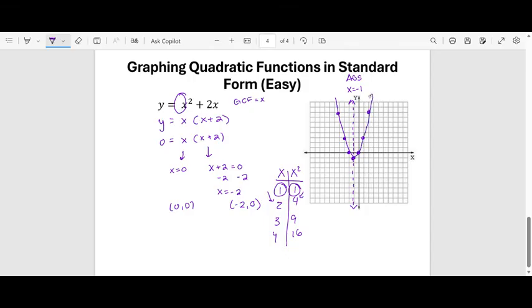All right, so that's going to be it for the easy version of graphing quadratics when they're given to you in standard form. The reason these are simple graphs is because all of these trinomials and quadratics